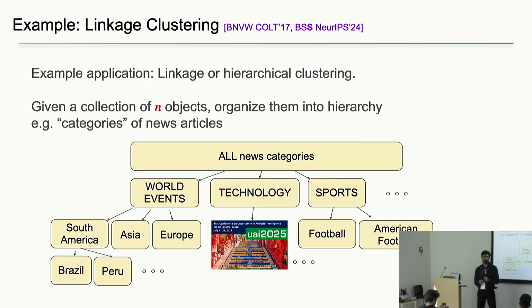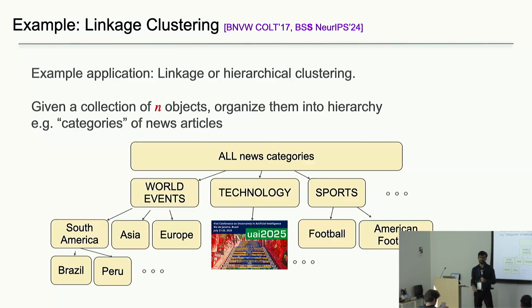Right, so let me give an example here. In clustering, if you've seen linkage clustering, it's a very natural approach to clustering. You have a collection of n objects and you want to organize them into a hierarchy. This is an example which I used in an earlier tutorial I gave. I should have updated this to AutoML, but I use the same slides. So you have n objects, you organize them into a hierarchy,